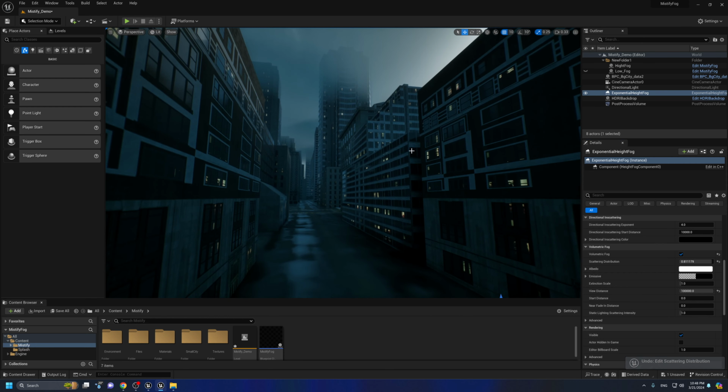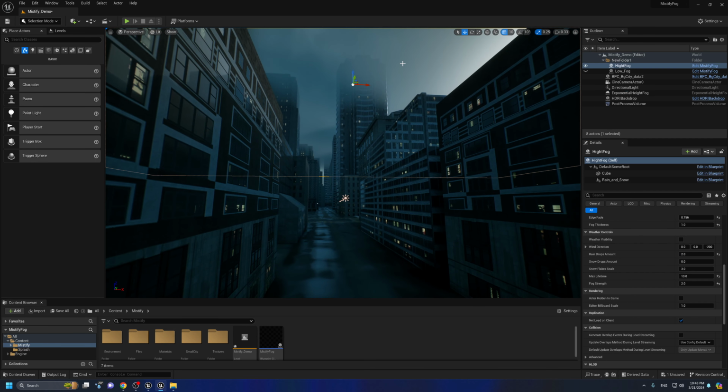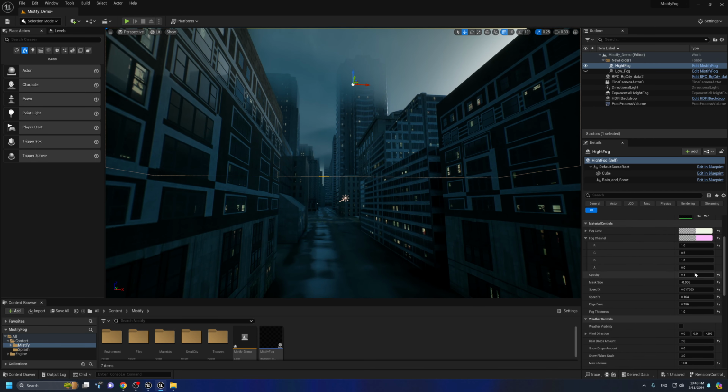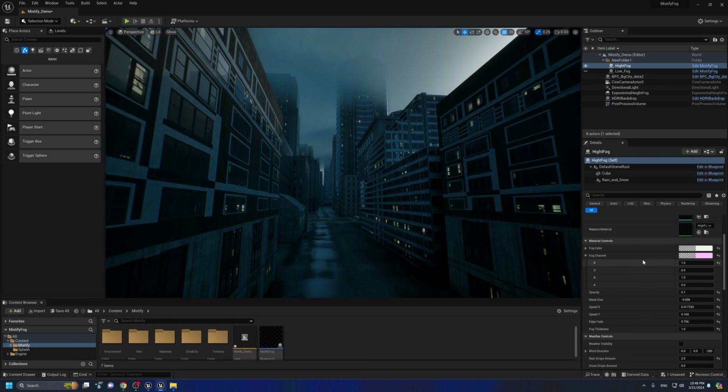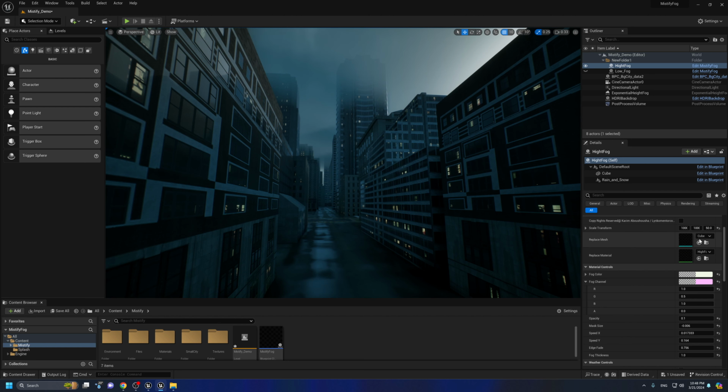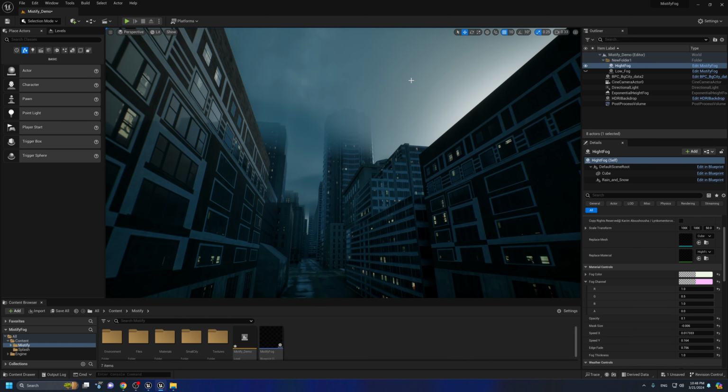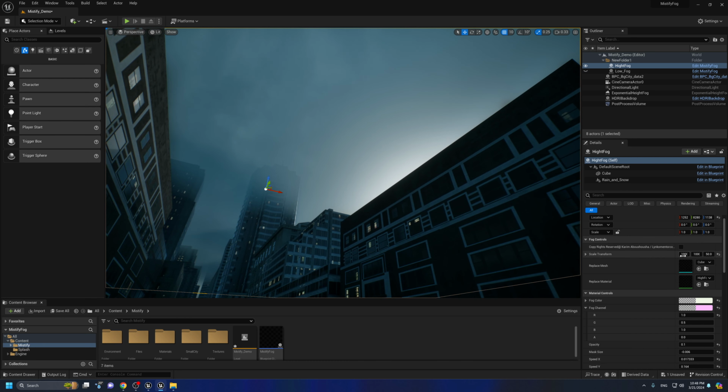Okay, so now let's discover what the settings are here. As I mentioned, it's a very simple tool. It's not advanced, and all the settings are very simple. The first setting here, you can replace the mesh just in case you want to change it from box to square or slender, but I would prefer to keep it box like this. The second option here, you can replace the material,